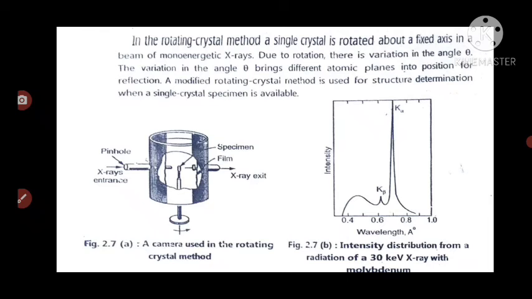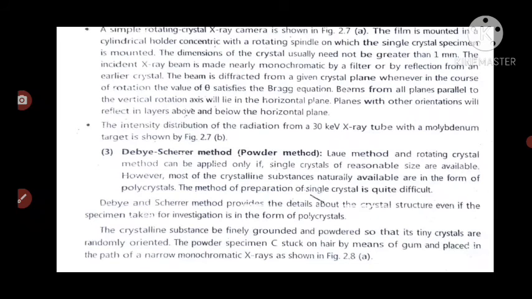And the next graph shows the intensity distribution of the radiation from 30 kilo electron volt X-rays with molybdenum, and the K alpha and K beta lines are shown as the characteristic X-rays, whatever intensity they have. So this is the characterization of the X-ray method. And this simple rotating crystal X-ray camera is shown in the figure,